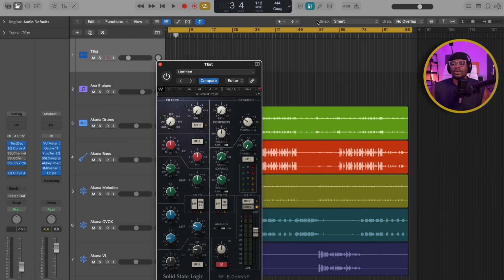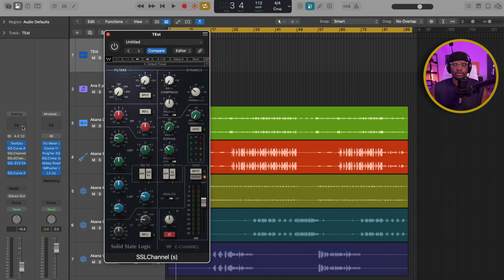So today we're going to talk about the SSL channel strip, and we're going to talk about the 3 SSL channel strip plugins that Waves has. And to the best of my knowledge, I'm going to show you how they work. I'm going to show you the differences between them, and I'm going to tell you which one I consider my favorite right now. So the first ones we're going to focus on are the SSL E channel strip